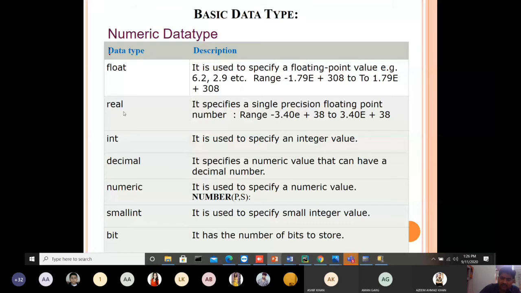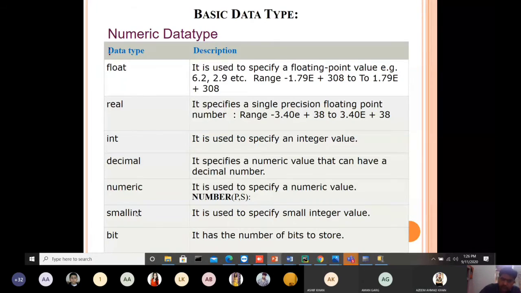But for any fixed numeric, we have to use the integer. Integer is a specified integer value. Decimal and numeric, these specify the floating point values. Floating point value means that it contains the decimal points. In that you have to use a number, where p is the total number of digits, and out of the total digits p, we can take some digits for the decimal. Like हमने कहा 4,2, that means out of 4 digits, 2 digits are used for decimal points.